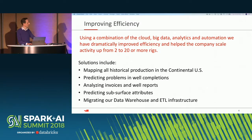Another one, we're analyzing invoices and well reports to extract entities and basically line items to automatically process them. So the training on this is obviously the really hard part, right? Taking all of our millions of invoices, PDFs, and doing extraction and processing, basically cracking them and processing them. Predicting subsurface attributes is one that I'll talk about a little bit more a little later. And then migrating our data warehouse and ETL infrastructure. And so we use Informatica and SAP HANA. We're trying to take some of those workloads that aren't as well suited for those solutions and move them to